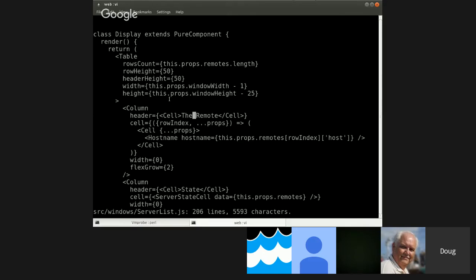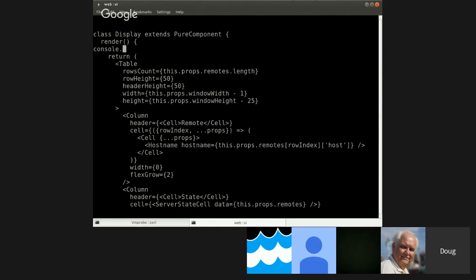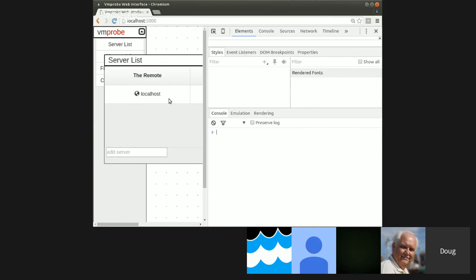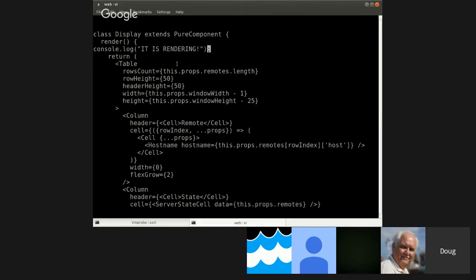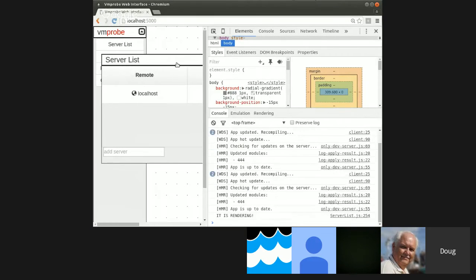And pretty much everything can be done that way, right? So for example, if I go console.log, it is rendering. Right now, if I open this here, I see how I'm moving stuff around. As soon as I save this, now it is rendering. It appears, right? Because it actually installed that new render function and reran it just in case something might have changed. And then it gets the output of that and diffs it against what it was before to do any changes. But you can see how it actually ran the new code in there without ever having to Control R